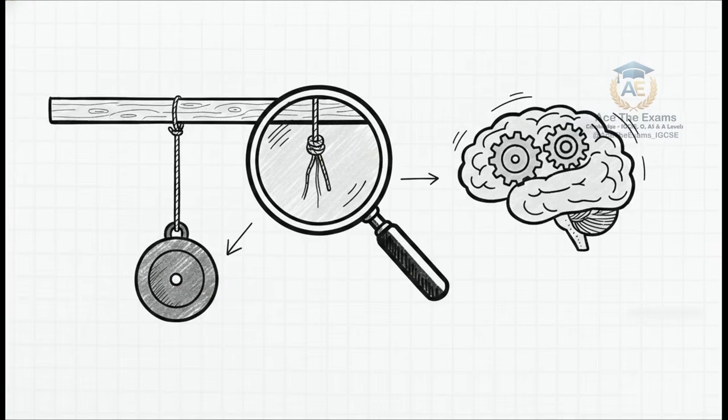Whenever you construct a model of forces, what are you assuming? If a question tells you a beam is uniform, what does that actually mean for your calculations? It means you are making the assumption that the center of gravity acts exactly through the geometric center of the object. What if the string in the diagram is assumed to be light and inextensible? That is an assumption that means we ignore the mass of the string itself, and we assume the tension is